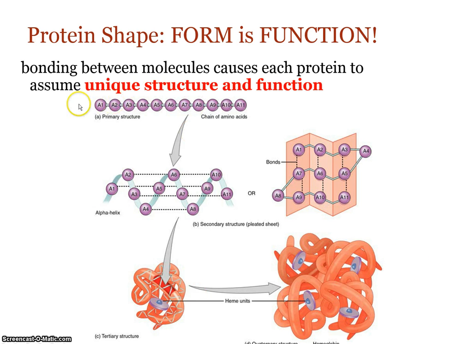So all proteins start off as a primary structure. They are then folded, generally in the endoplasmic reticulum, and we'll talk more about those as we get into the cells, into a secondary structures, and continues to be folded into a tertiary structure. So all proteins would have a tertiary structure, and then larger proteins have quaternary structure.